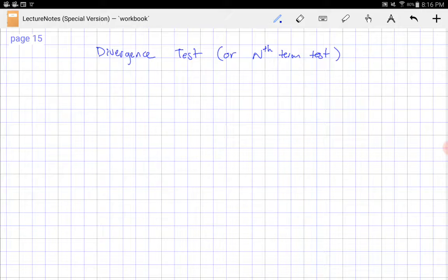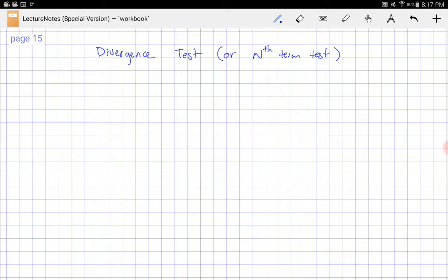So to ensure that the numbers you're going to be adding to the rest of the series are getting smaller, which will potentially produce a converging series,